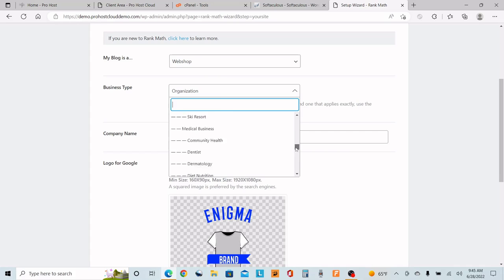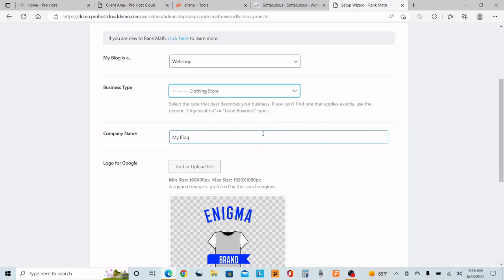I'm going to go down. You see there's tons and tons, absolutely a lot of different options. I wouldn't say we're a wholesale store. I would say an outlet store maybe. But this store is 100% online. You do all your shopping here. Yeah, I would say a clothing store. All right. And then